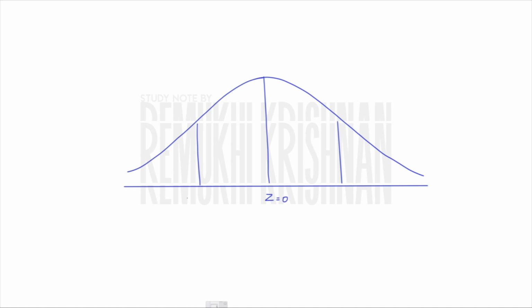So let us put it in the diagram. This z is equal to 0, that is the midpoint, the highest point, and it represents your mean, that is x bar. So what are we going to find? We are going to find the probability corresponding to the z score which is less than or equal to 0. We have found that z is equal to negative 2. We already know that whenever the value is less than, that is z is less than, you shade the left hand side.